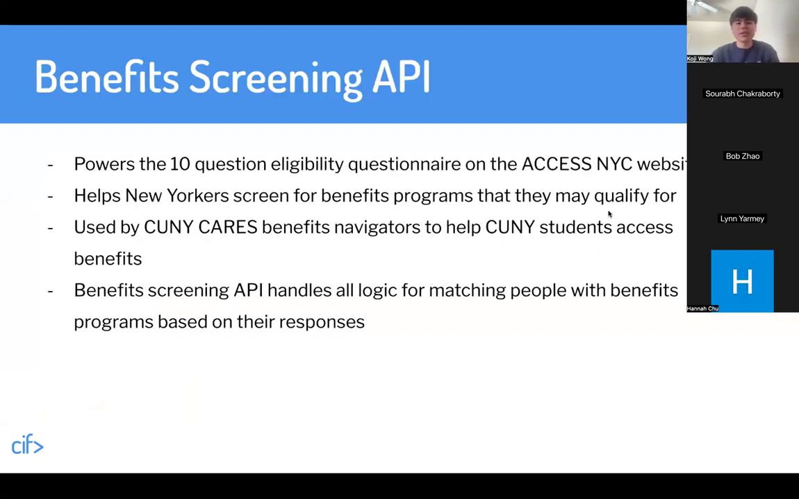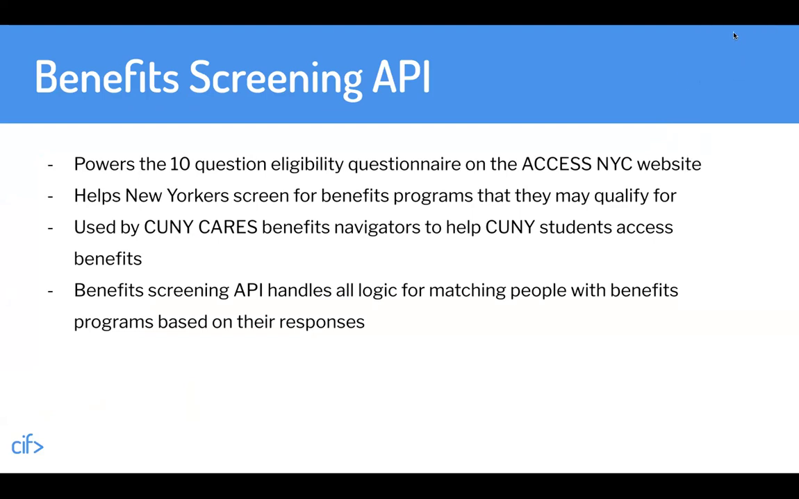Okay, so what is the benefit screening API? The benefit screening API is essentially what powers this 10-question eligibility questionnaire on the Access NYC website. This helps New Yorkers screen for which benefits programs they may qualify for. To walk you through the process, the questionnaire has a user fill out 10 different questions about themselves. And then after they click submit, they're brought to a screen with maybe 15, 20 different benefits programs that